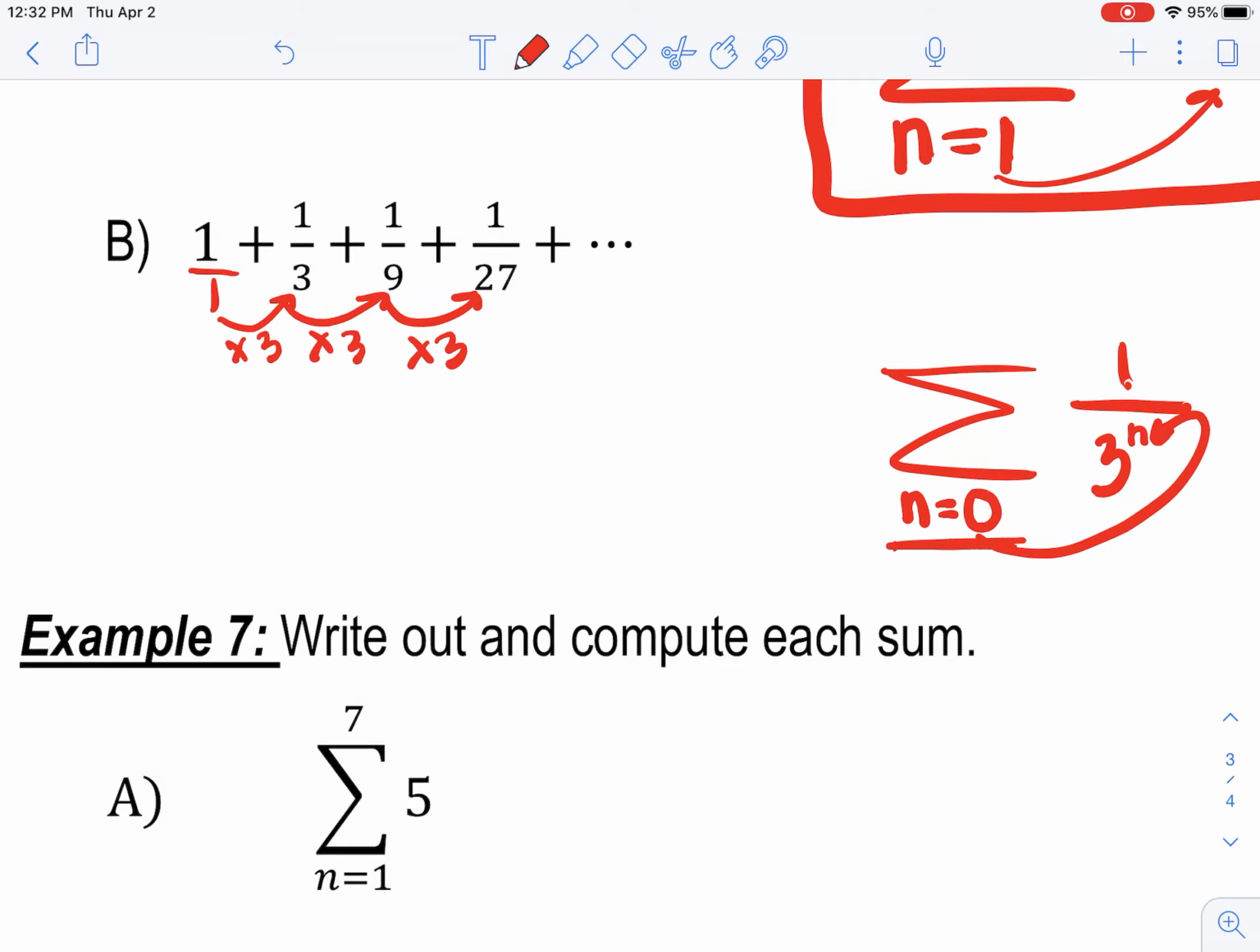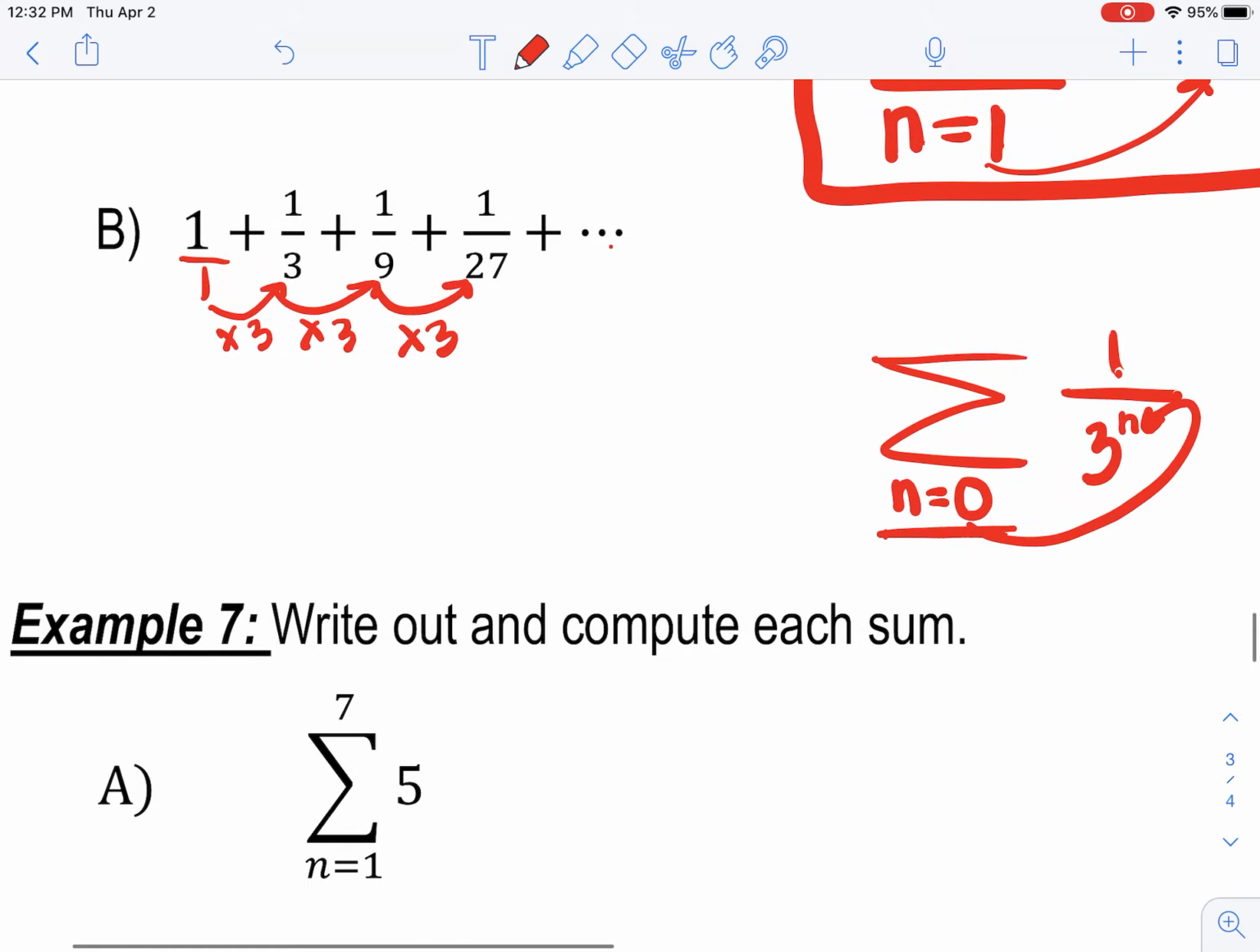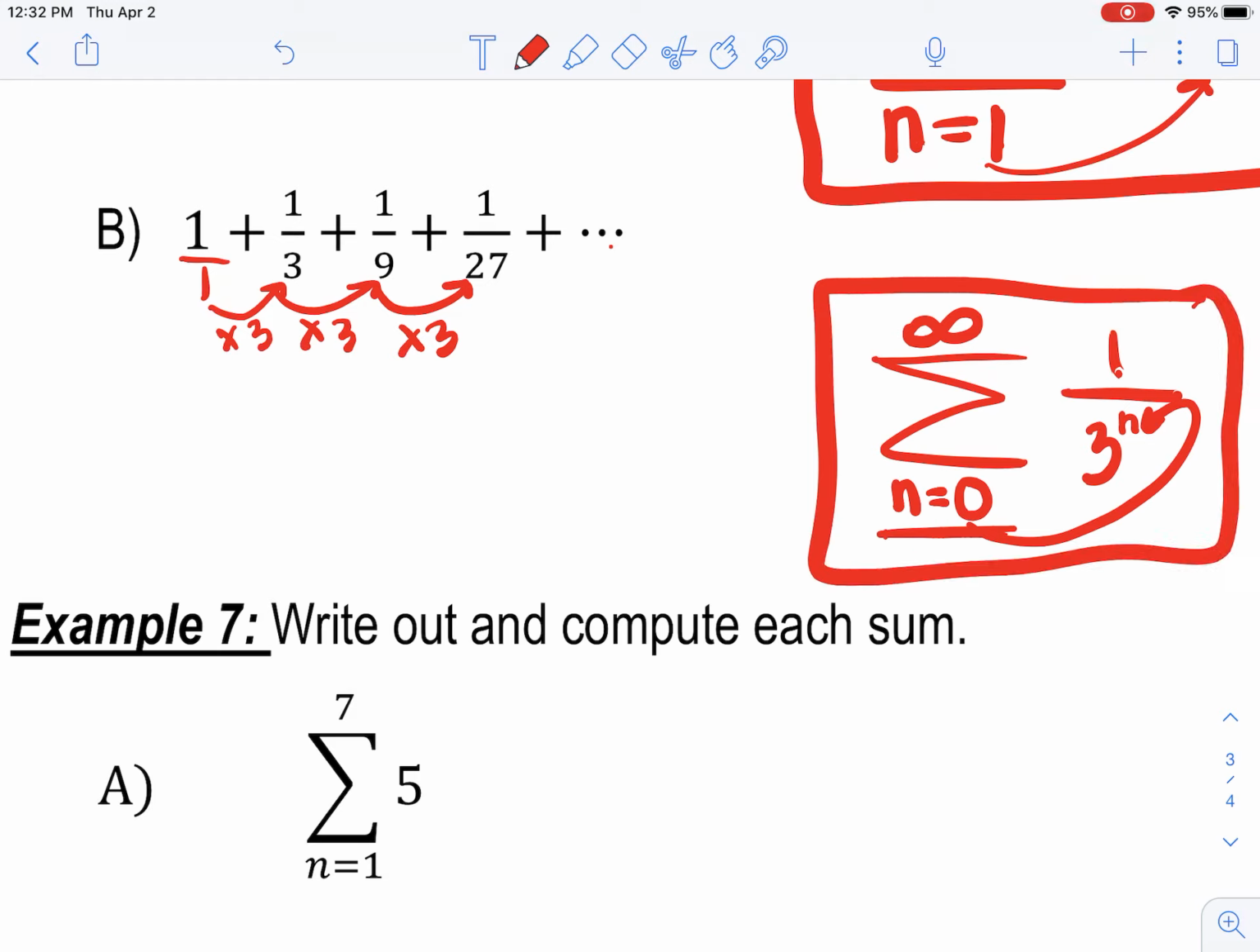I'm going to say I'm going to start with n equals 0. All right, now I'm going to look for my last term, and I say there is no last term. This goes on forever and ever, so you're going to say that it goes on through infinity. This is not the only answer, okay? These all have an infinite amount of correct answers, but usually we come up with either 1 or 2